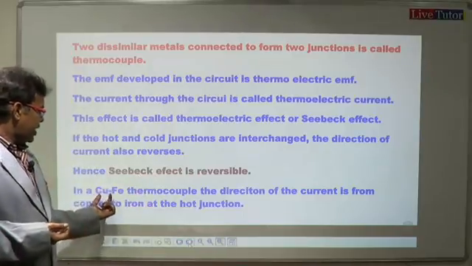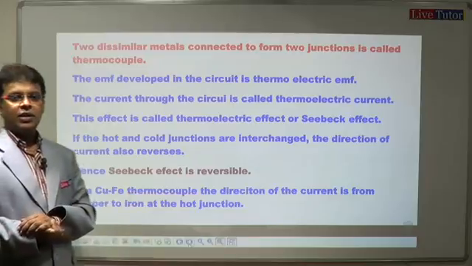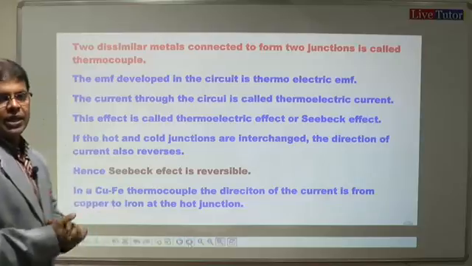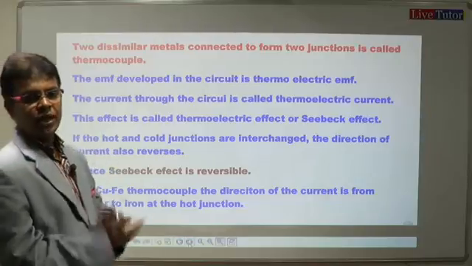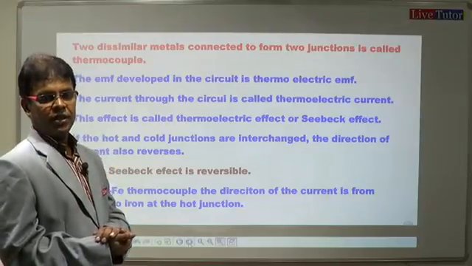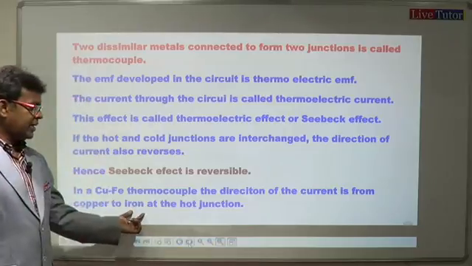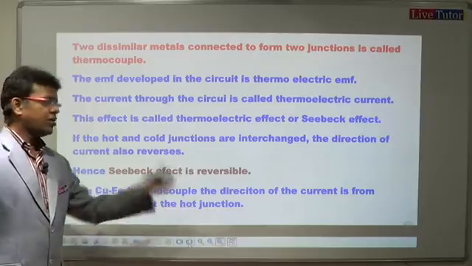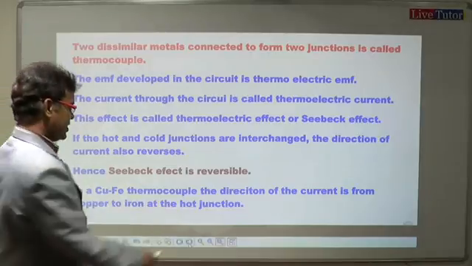Now in a copper iron thermocouple, நம்ம எடுத்துக்கலாம் first example. அதுல copper iron thermocouple, the direction of the current is from copper to iron at the hot junction. Right? From copper to iron. எதுல இந்த thermocouple copper ல இருந்து ironக்கு iron at the hot junction. அந்த point ஞாபகம் வச்சு. And similarly